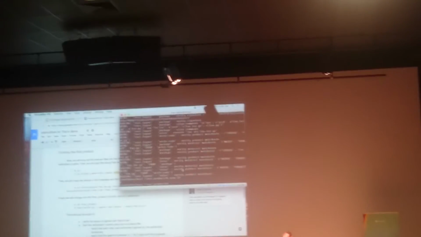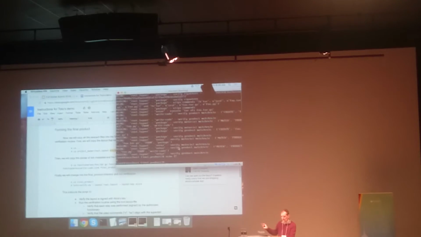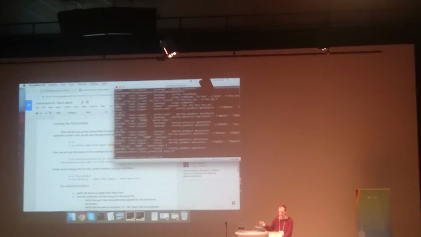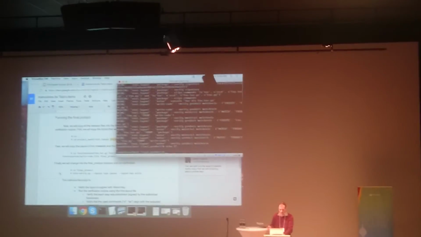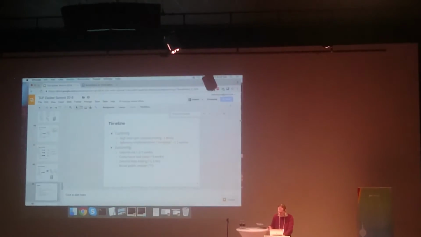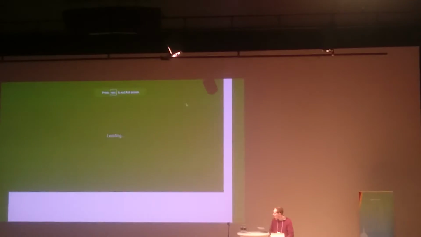And I'm not going to show you in the interest of time, but if I went through and tampered with one of these steps, you would see it tell you that there's an exception here, and the system would error out when trying to do this. Okay, so to summarize,